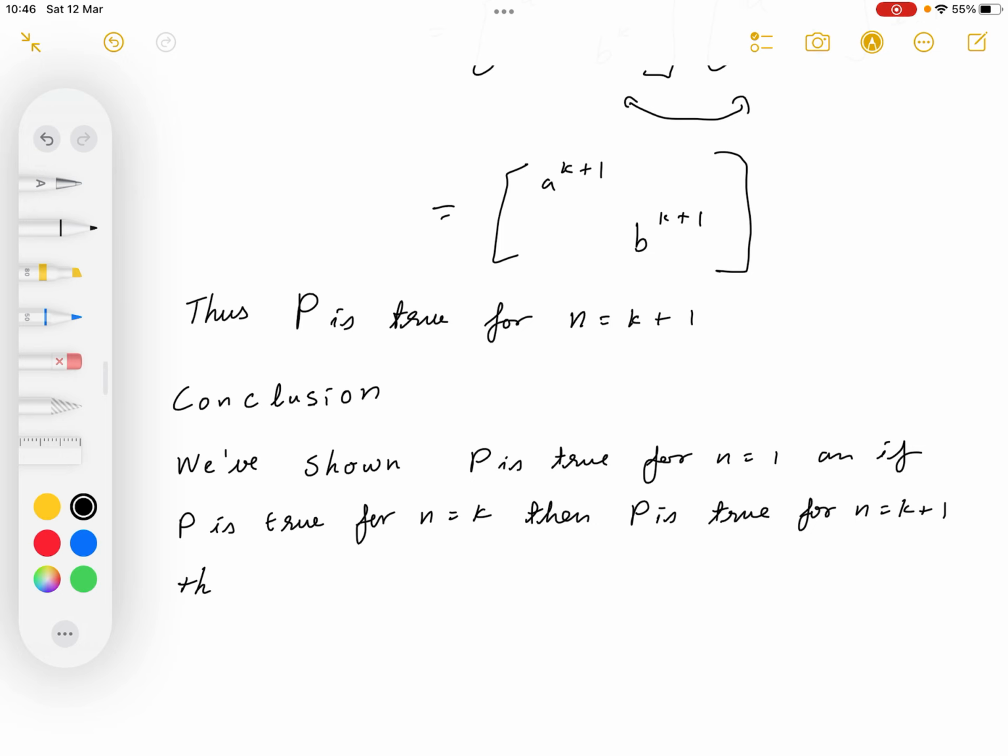Therefore, by the principle of mathematical induction, P is true for all